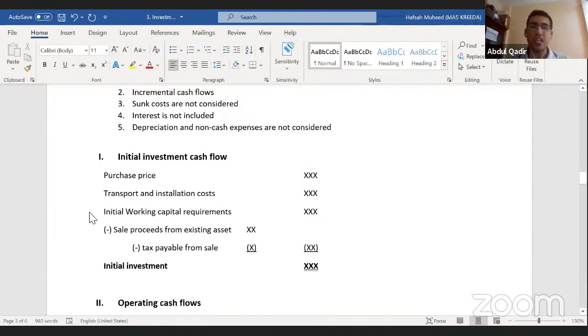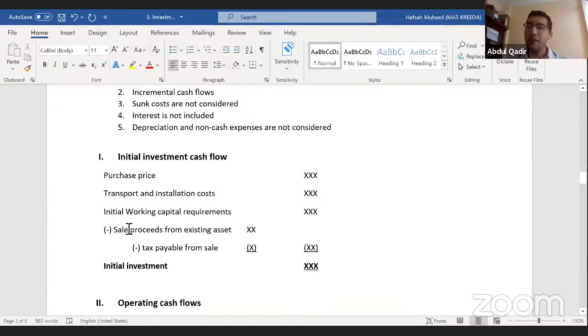And you will consider your initial working capital requirements as well. To start year 1 and run operations in year 1, you might need certain funds to run your day-to-day operations, to pay salaries. So those are called working capital. You require it generally at the start of the year. So that is why year 1 working capital is given out in year 0 itself. That is why we take it as an initial investment in year 0, right? So these are all cash outflows, right? These all are costs, cash outflows.